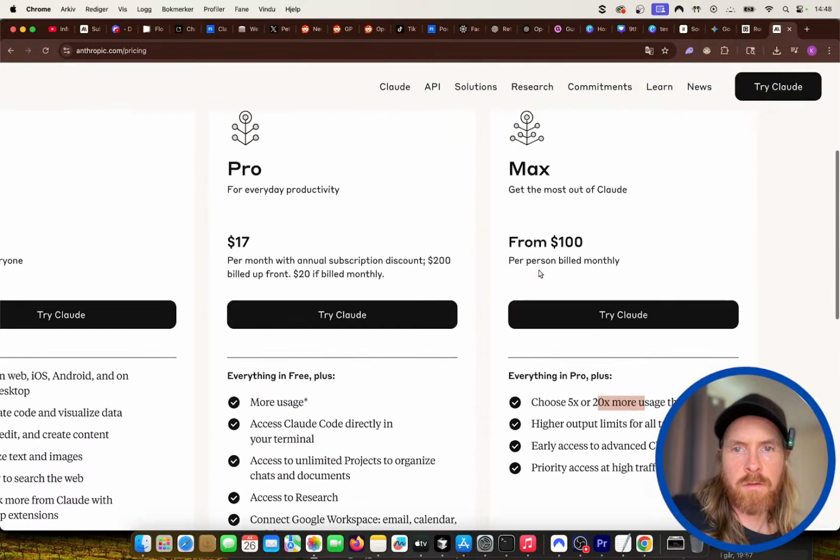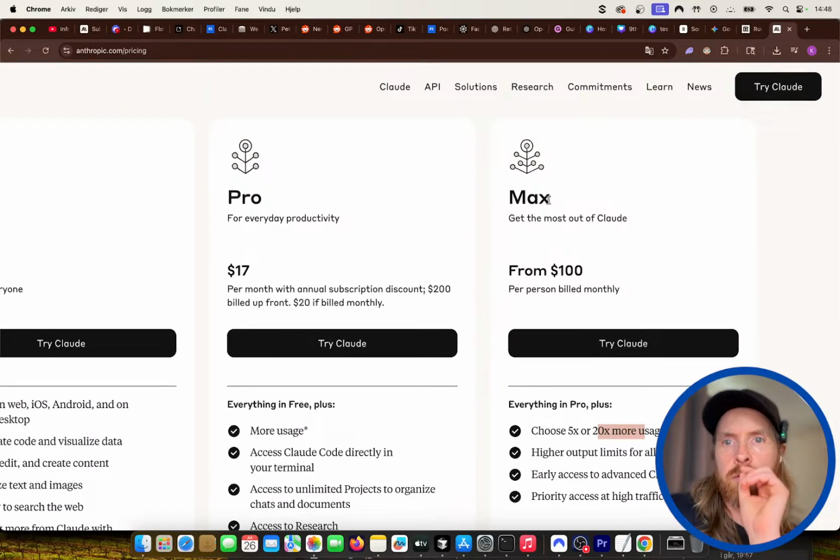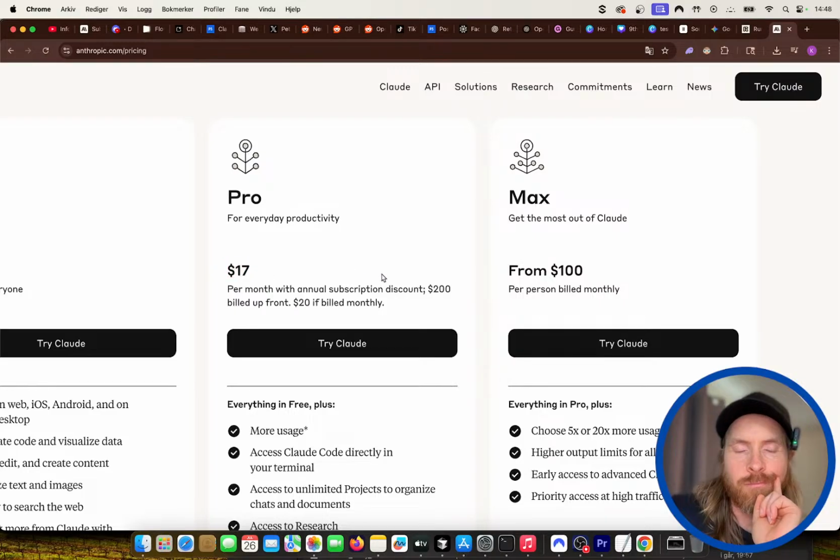But for me, for now, it's been enough to have Max with the 100 one. And I saw some people here have 200 and some people have just 100. Because I had Pro, but I ran out of limit.